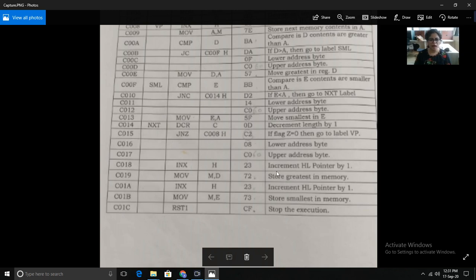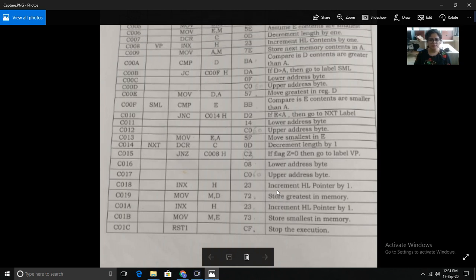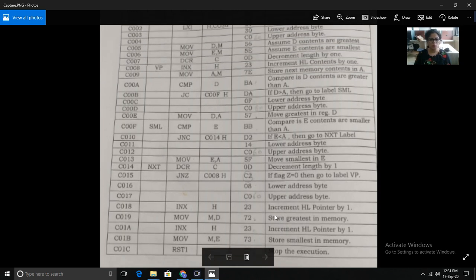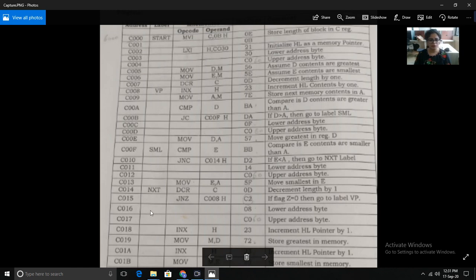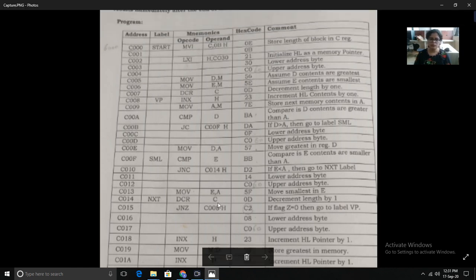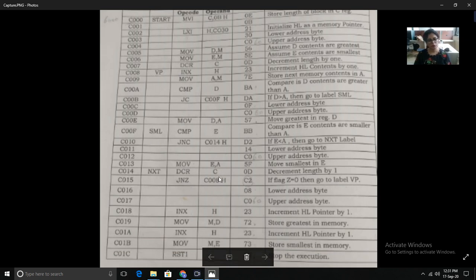Next is JNZ C008. JNZ means if there is no zero, then go to label VP. There is a label VP, go to this label and repeat the process. This label means increment H, move to the next memory location and repeat the same process.